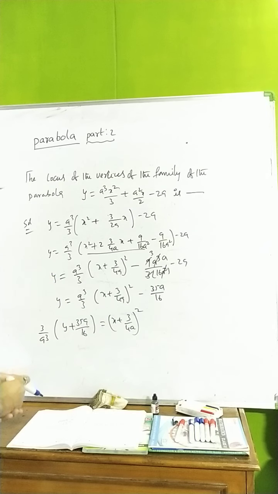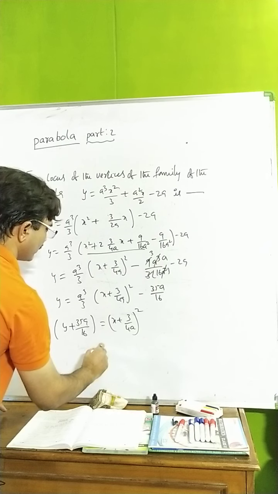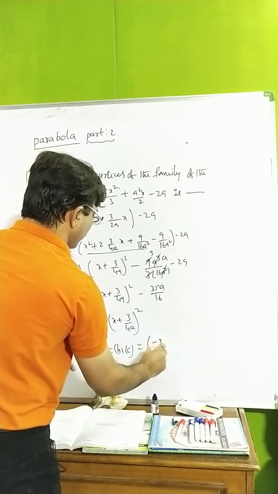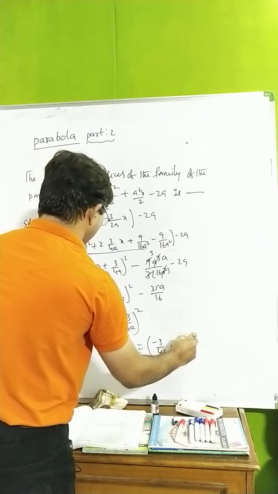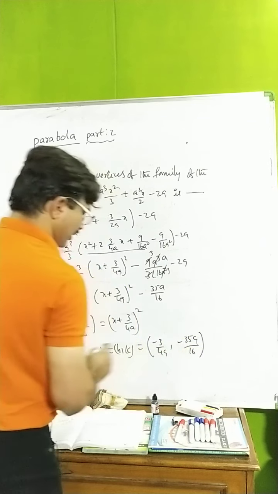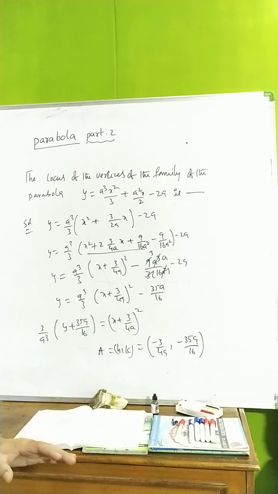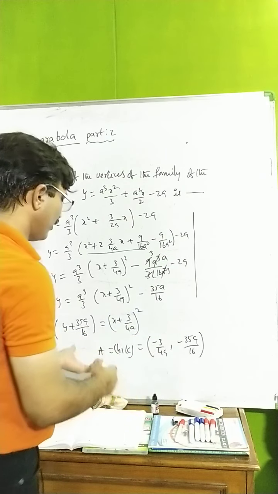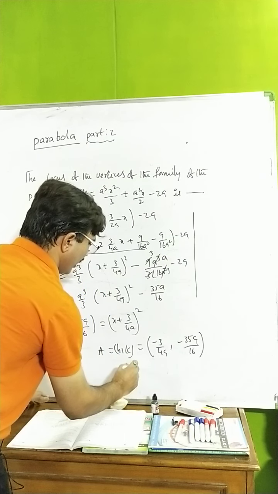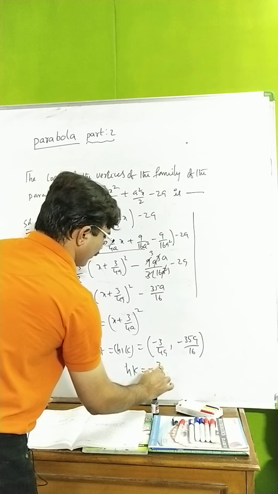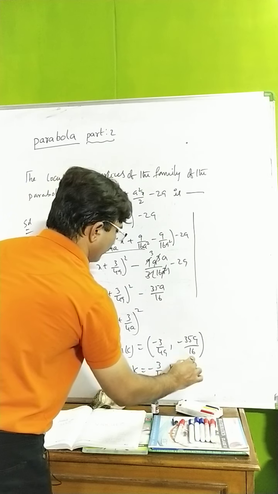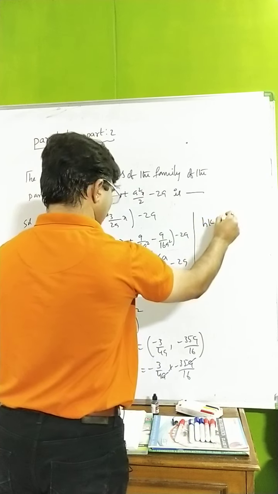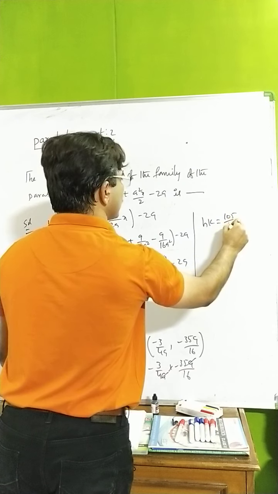Now what is vertex? Vertex is like this, h comma k. Generally people denote vertex that way. What is that now? Minus 3 by 4a and minus 35a by 16. He said locus of vertex. Locus of vertex means any parameter that is there, we have to avoid. If you try to avoid a, you see here h and k, if I multiply 4a into minus 35a by 16, you see a is gone. What we have? hk is equal to 105 by 64.